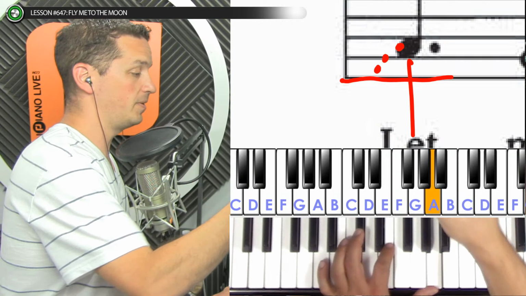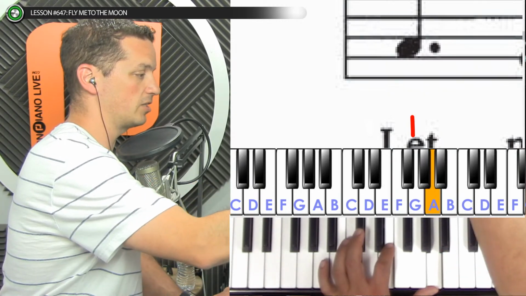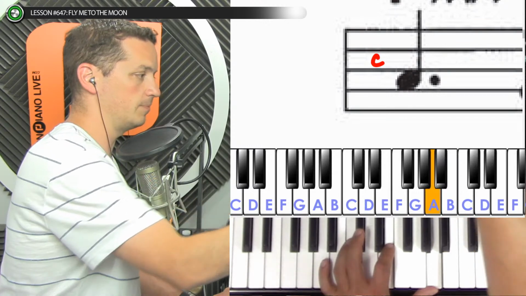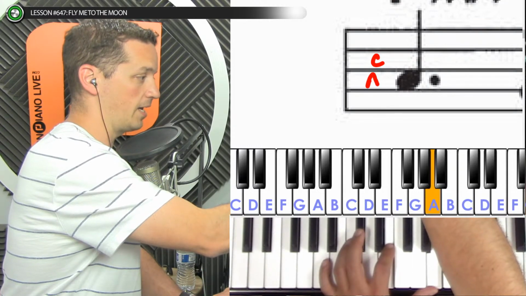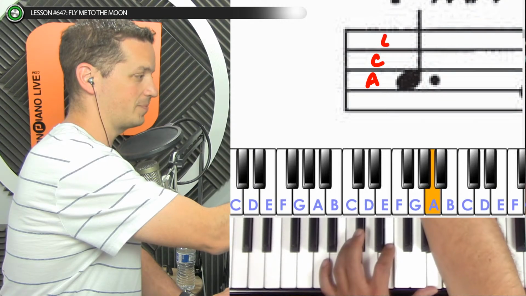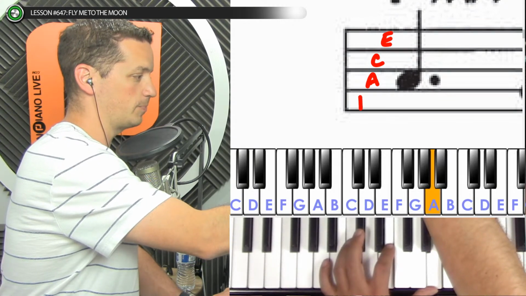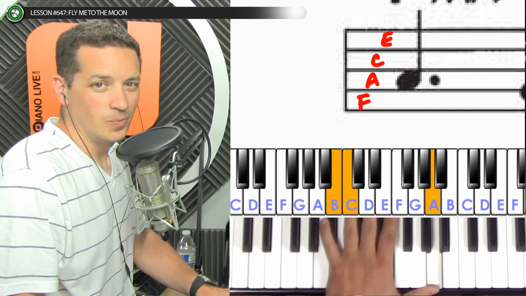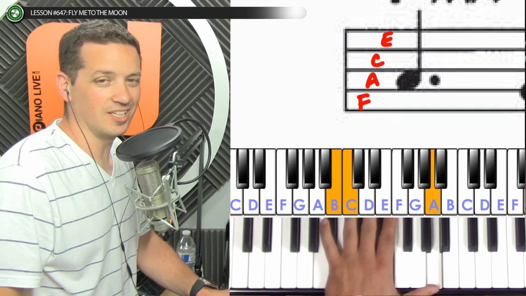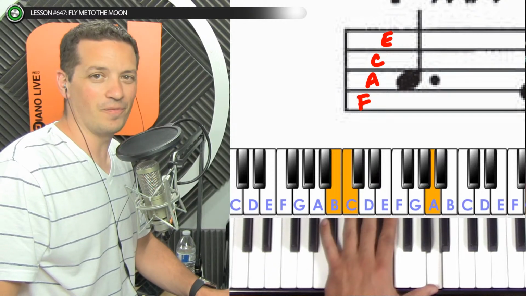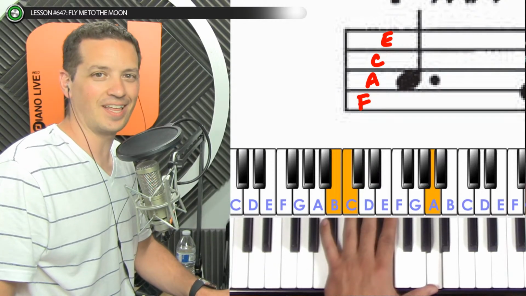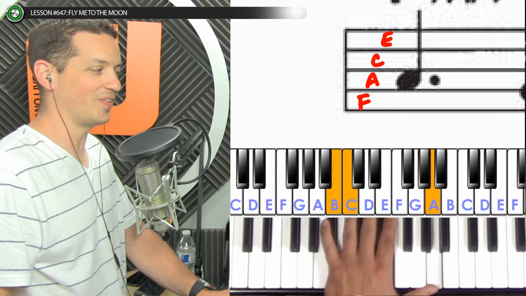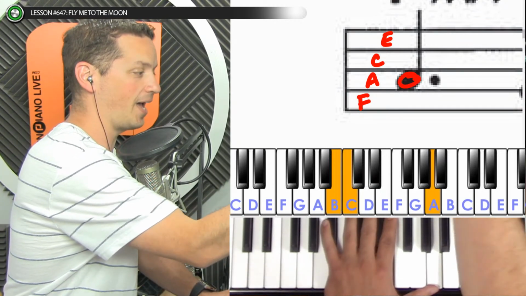Or, if I wanted to, at the beginning of each of these lines, instead of trying to compare it to the line before it, I could just remember that this third space was a C, and the second space is an A, and the fourth space is an E, and the first space is always an F. And that spells the word face, which all piano teachers seem to think is pretty cool, but it's not helpful at all because face has nothing to do with music. But whatever. The spaces of the treble clef spell the word face. So that means that this one right here is going to be an A.